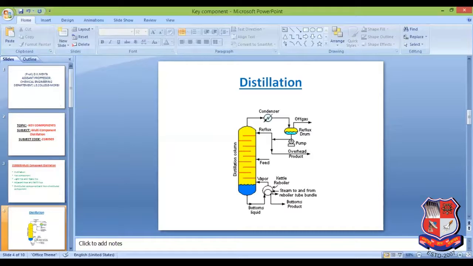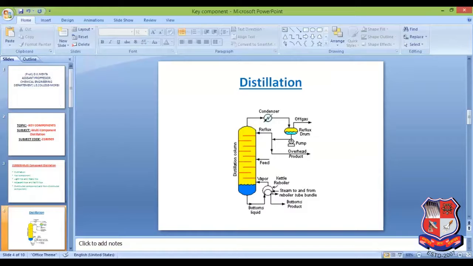So we say the component which is having lower boiling point as A. This component A is more volatile, or you can say light component, and another component which is having higher boiling point is less volatile, or you can say heavy component. Now we enter that feed in the distillation column. Now we want separation. So we want component A to be kept out from the residue, right? And the component B, we want to keep it out from the top product or distillate, right?